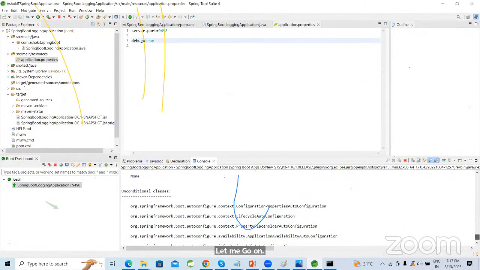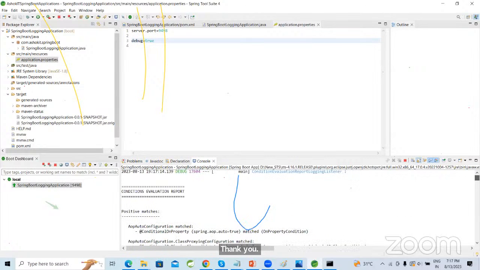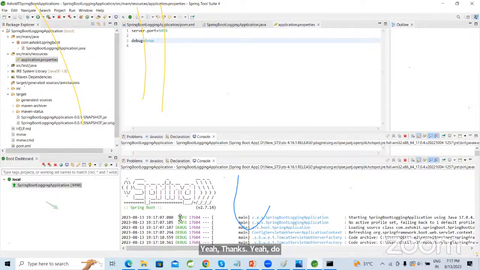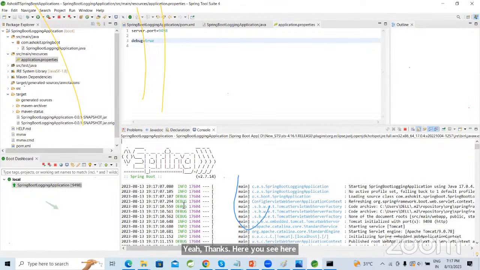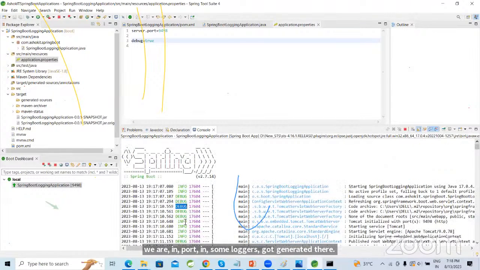Logger messages. Yeah, please check, guys. In the console, here you see info and debug. Some loggers got generated here. Here debug and info are printed. So info is lesser than debug, so that's why info is also printing in here. Okay, so now after that, I want to